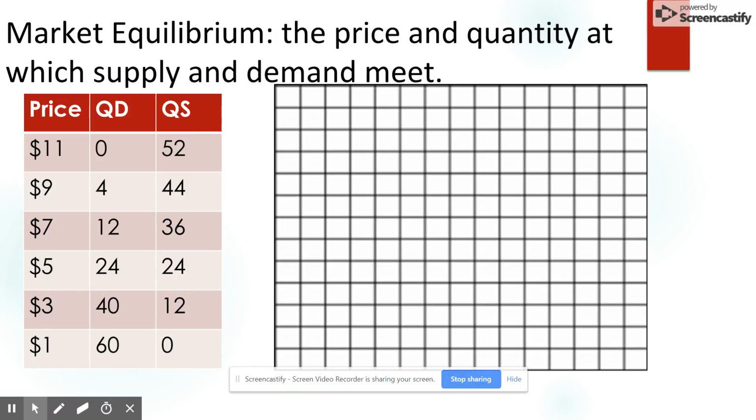Okay, so on your paper there, you have a little graph, and we're going to do the same thing that we've done before. We're going to graph. Now, this time, you're going to put both supply and demand